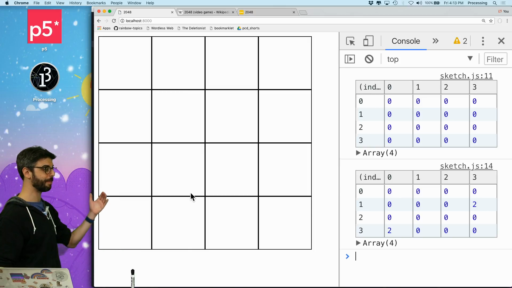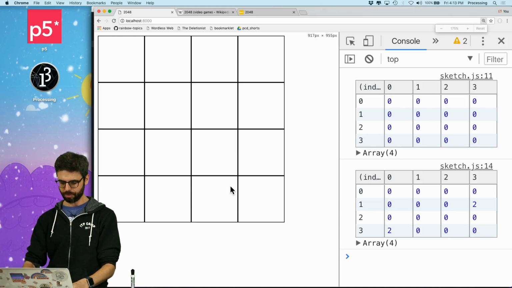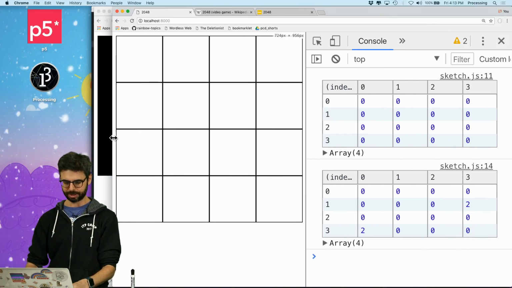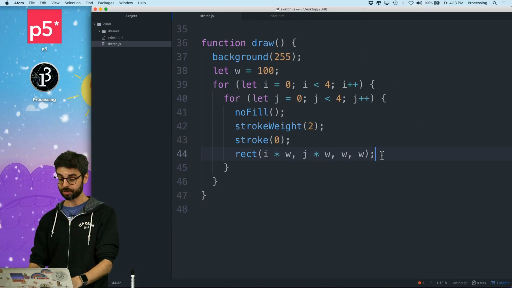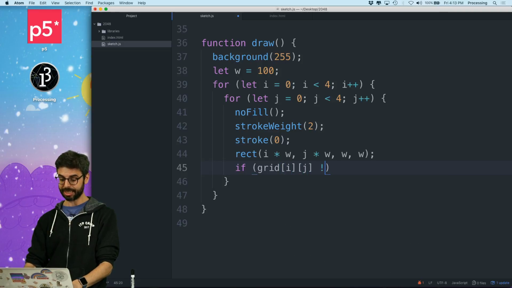There we go. I've got my nice grid. Now, this is almost too big. I don't need that much space, okay? Now I'm going to move this over a little bit so I'm not standing in front of it so much. I should also say, if grid ij is not equal to 0, I could